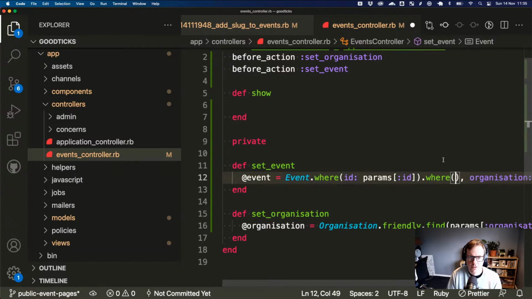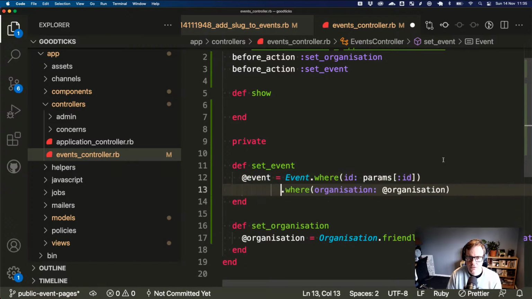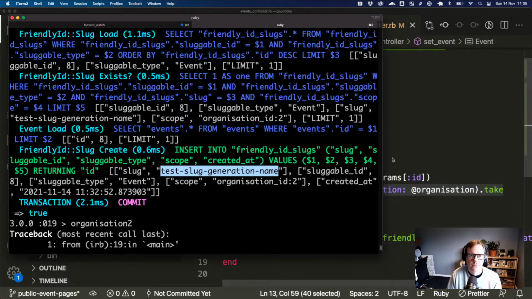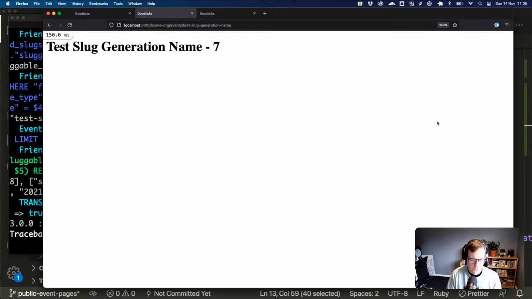Now we're going to want a bunch of tests around this, because this is behavior that cannot break, because you don't ever want organization 1/events/slug to show the same thing as the other organization.